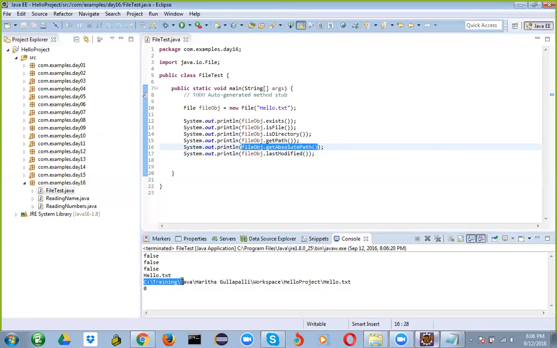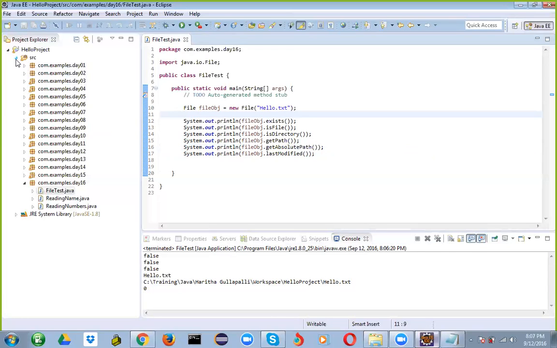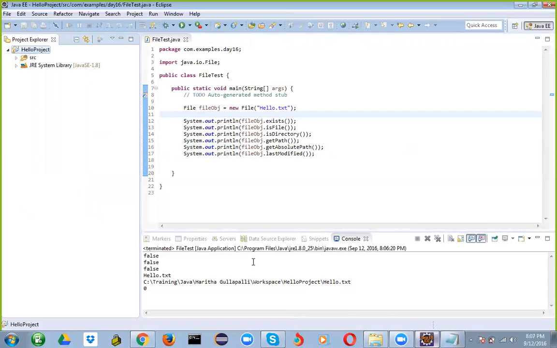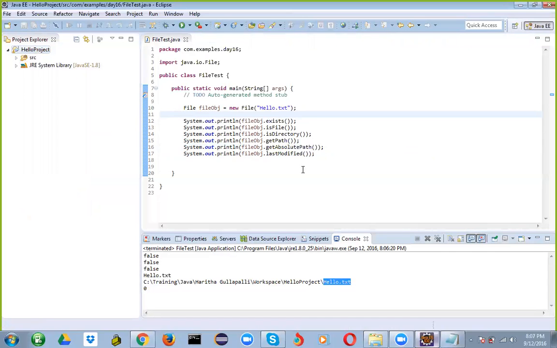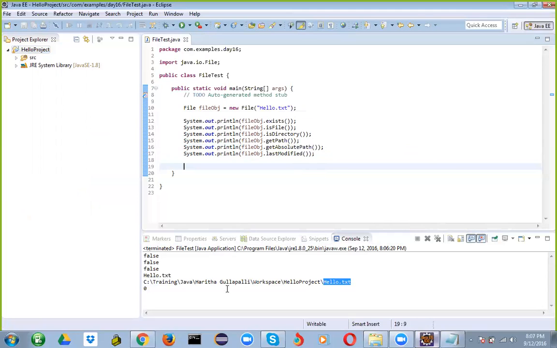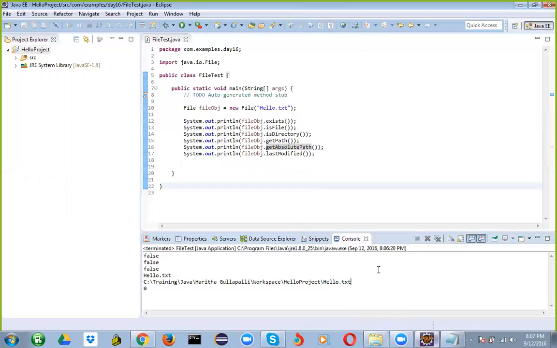As an absolute path, it has given me the path. That means it is searching for this file in this folder, this project folder, right? That's what its absolute path refers to. When you deploy a program to a server, you usually want to know the absolute path, like where exactly it's being referred to on my server. So absolute path refers to the current directory. In this case, I'm working in the current directory called hello project. Now let's create a file hello.txt here,